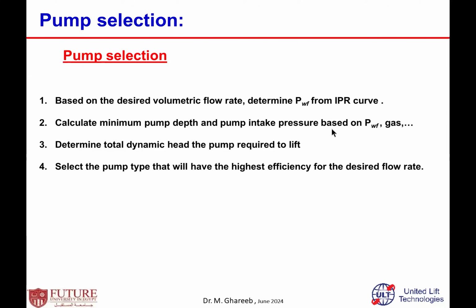In this case, you also have to select the pump in the recommended range, and usually you start from the highest efficiency at the middle of the recommended operating range. After that, you calculate the head per stage for each stage, and your total dynamic head, then you need to determine